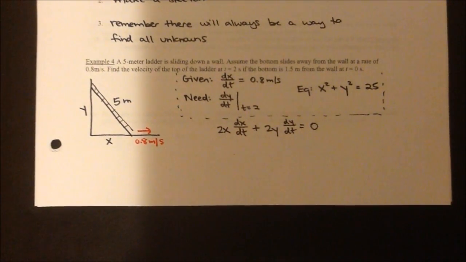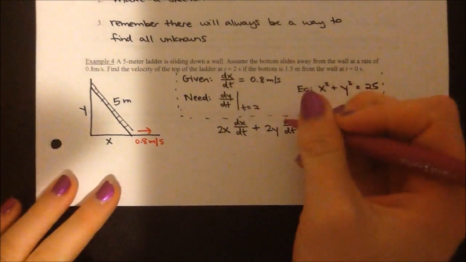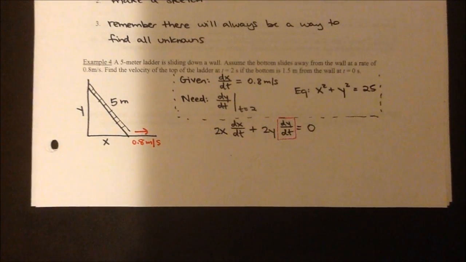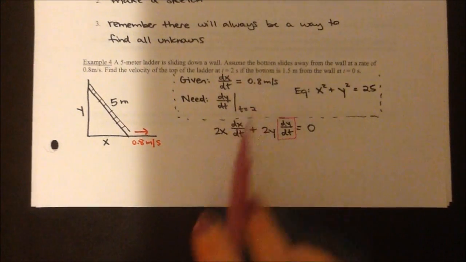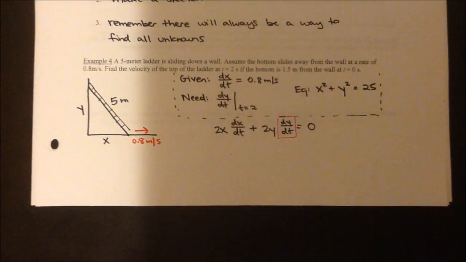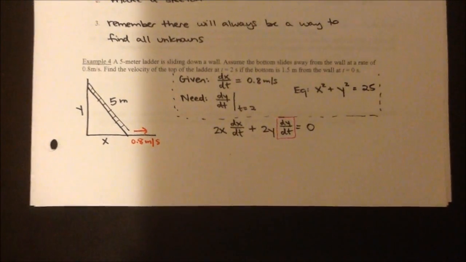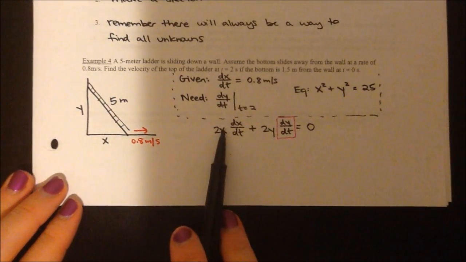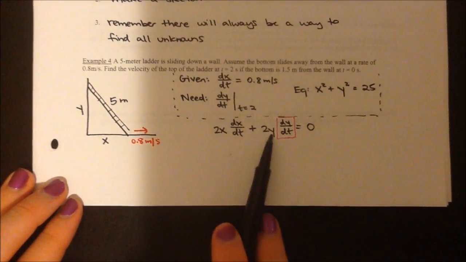So let's isolate what we're looking for. What we are looking for is dy by dt. And now it appears that we've got a lot more information than what I originally told you we were given. We were given this, and so all we have so far is that. Now remember the tip that I've got sitting right on the screen here. Remember, there will always be a way to find all of the unknowns. All right, so here is what we need to know. We need to know what x is at t equals 2, and we need to know what y is at